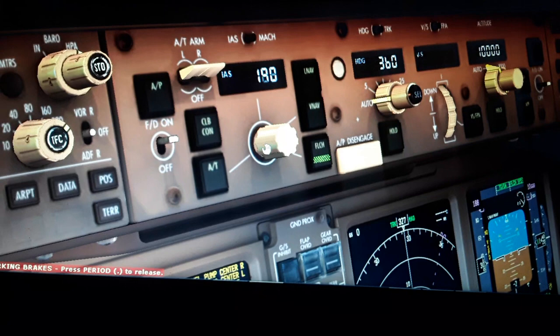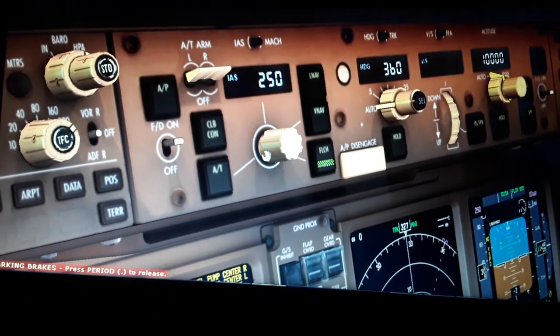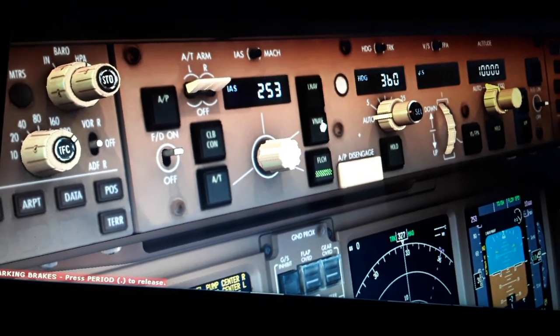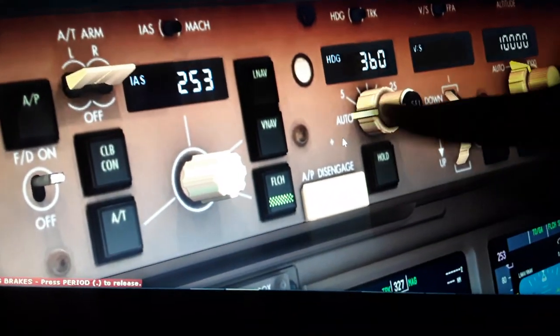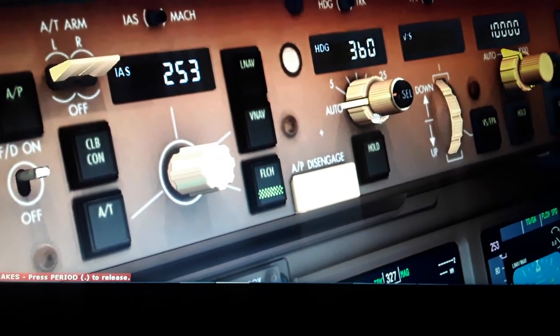So we'll set our airspeed for takeoff. Indicated airspeed mark. Line continues. So also we have the bank angle and the heading. So this is the main airspeed, the LNAV, the VNAV, the bank angle,